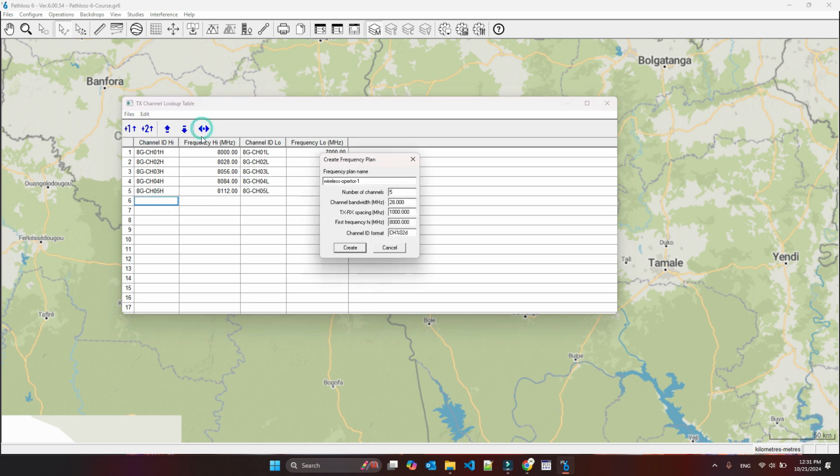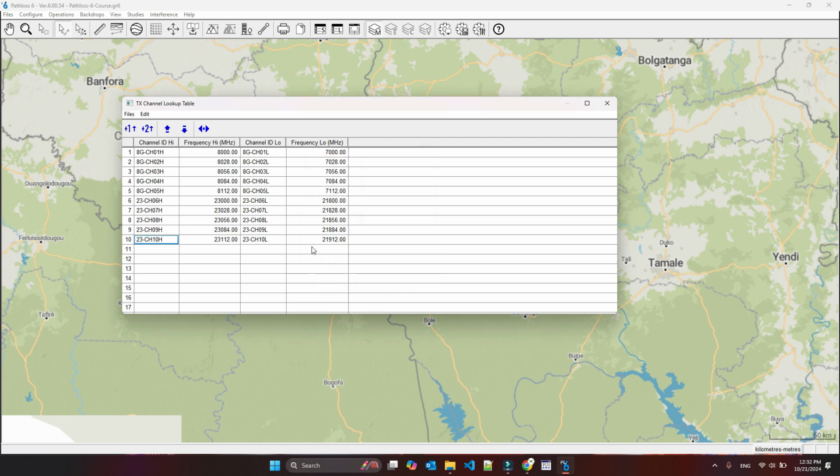Now assume that for the same operator, wireless operator 1, we have another channel of the same 14, for example, now 1200, and I'm just assuming this is 23 gigahertz. So I will give it a name of 23G. So you see here, I give it a name of 23. The 23 was the high frequency, and it added 28 megahertz in it, and it removes 1200 megahertz to